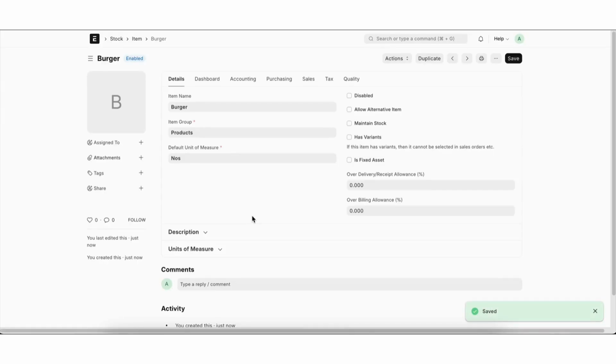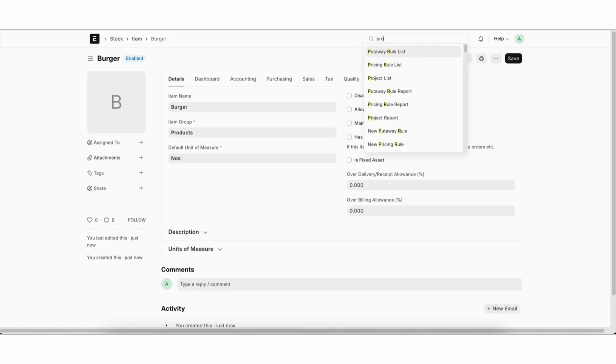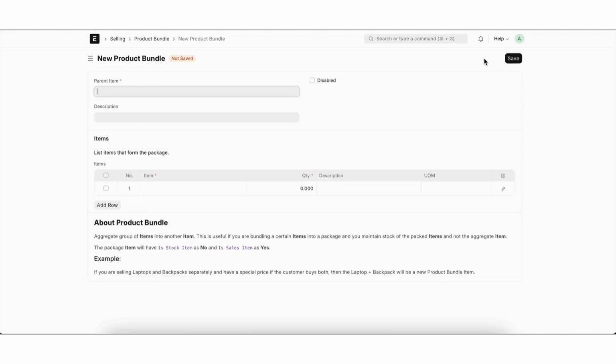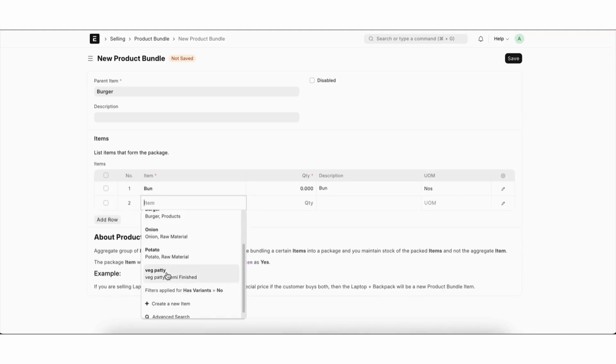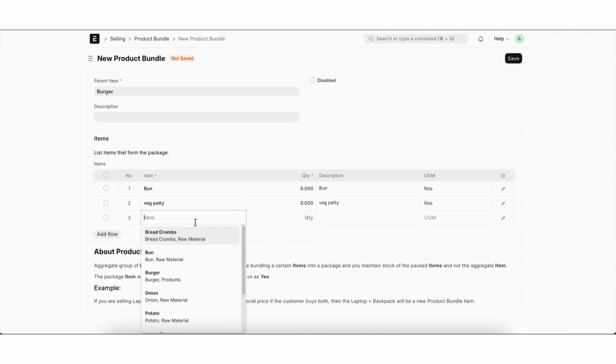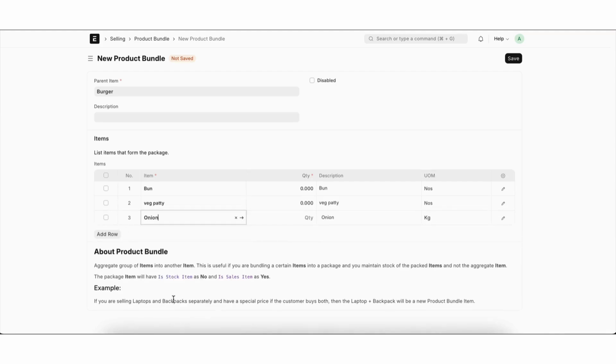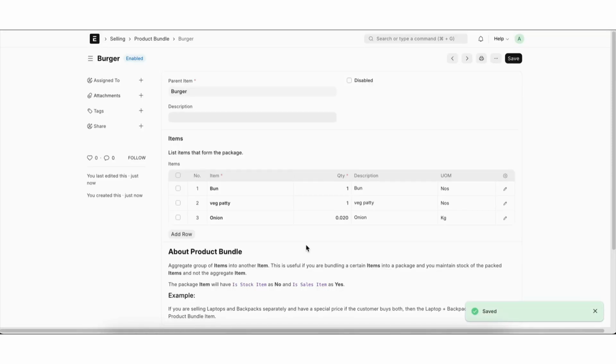Now we will connect all ingredients together using product bundle. Go to the product bundle, add burger and item, bun, veg patty, and onion, and also define quantity. 1 veg patty, 1 onion, 0.02, and then save. Now we will go to the POS screen